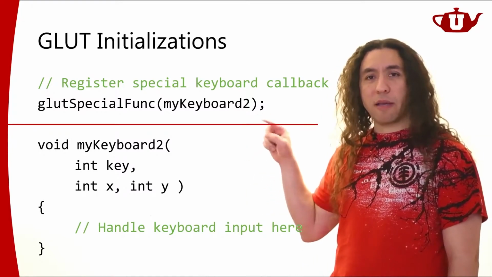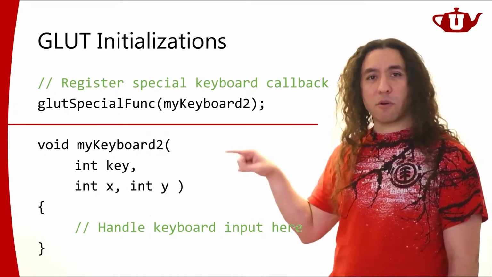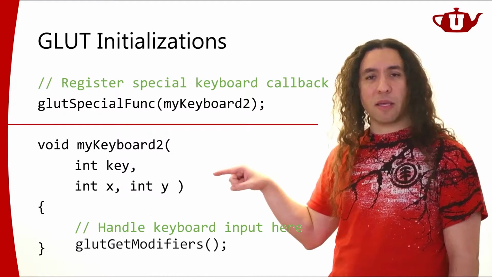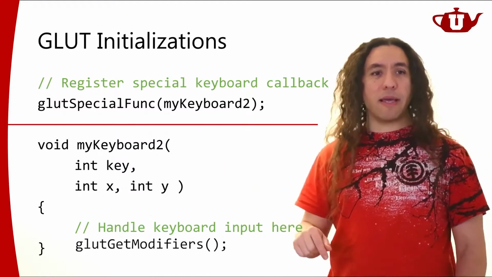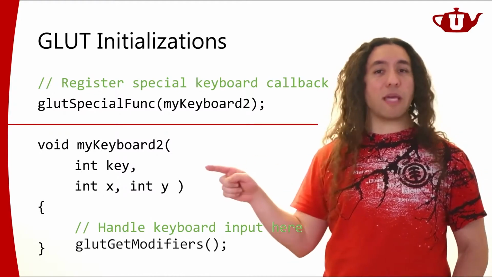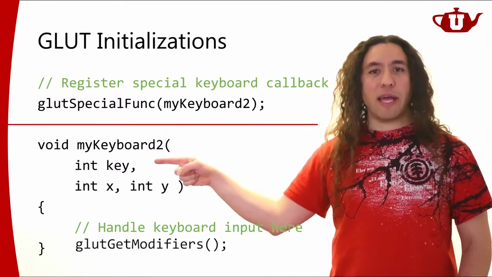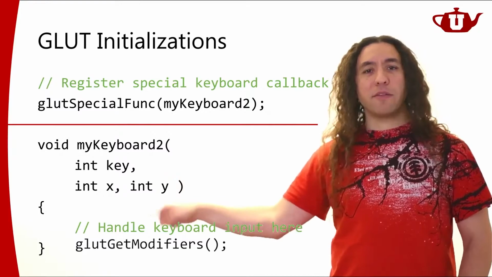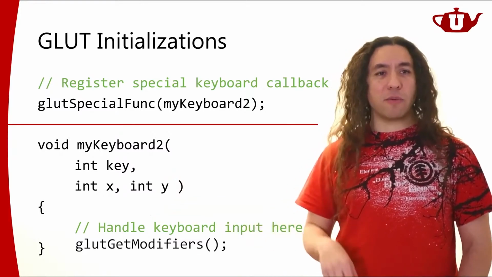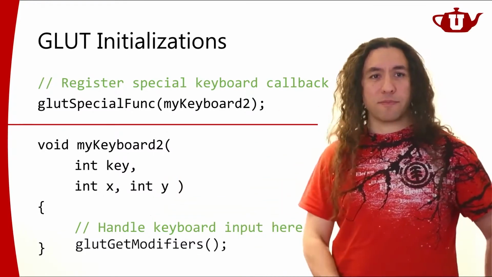They don't cause any of these interrupts, but inside those interrupts, you can check if the user was holding down, let's say, the Shift key or Control key. For example, if you hit Control F2, you'll get an F2 here, and you can check if the Control key was down. So that's how it works.